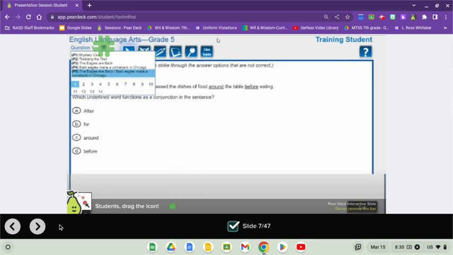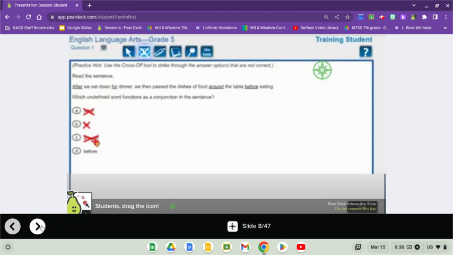All right. Slide 8. Now, if you could drag this compass, this green compass over here, my favorite color, over here to this X. Whenever you know an answer is completely incorrect, you need only click the red X. That way your brain doesn't have to worry about it. So if you know that A and B are incorrect, for example, well, guess what? Boom, shakalaka, you can figure out that C and D,